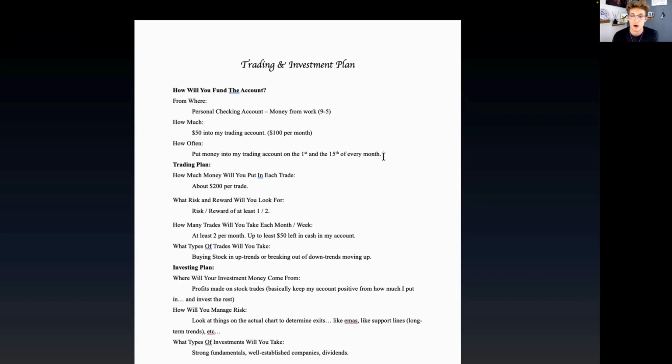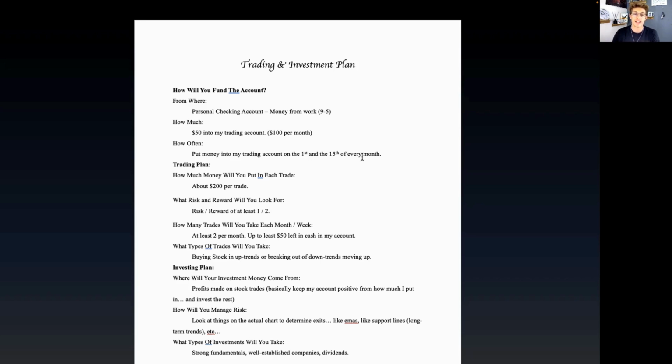Again, that's a pretty small amount to trade with, but I think it's a pretty reasonable amount. It's not real hard to find $100 a month, $50 every 2 weeks. When I first started, that's exactly what I was doing, putting that in right off my paycheck every 2 weeks. So a cool little setup, and we'll keep it.